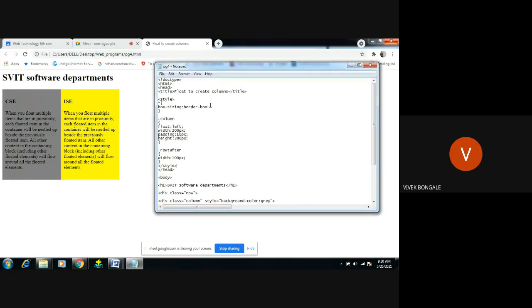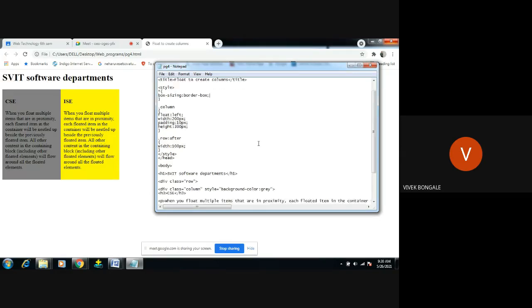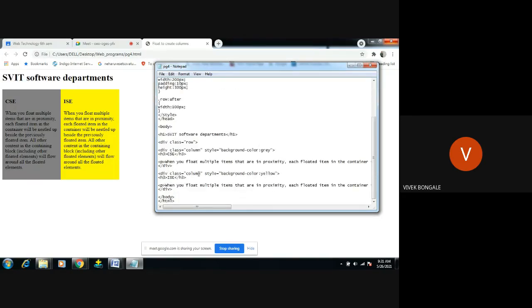If you want, you can give border solid, and it will create the border for this particular box, correct? So it created the row over here, right? So CSC and ISC consecutively we got this one, right? So next, if we want to create one more column,